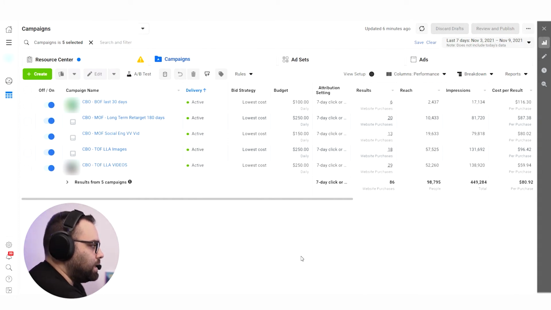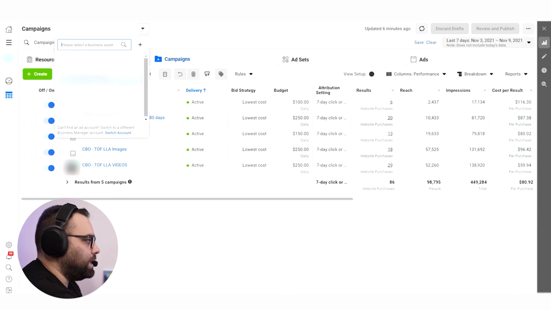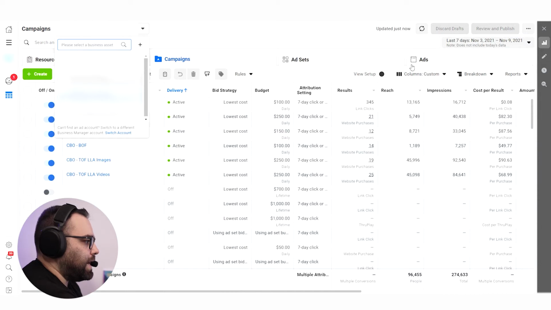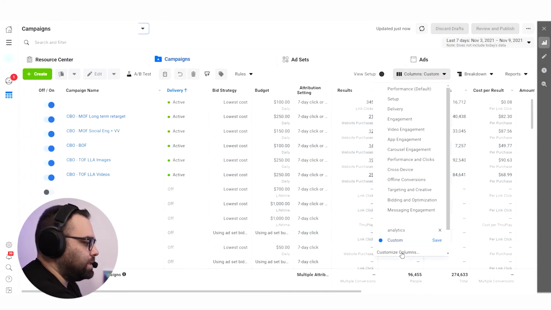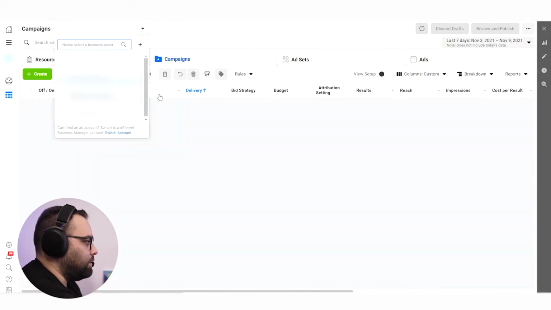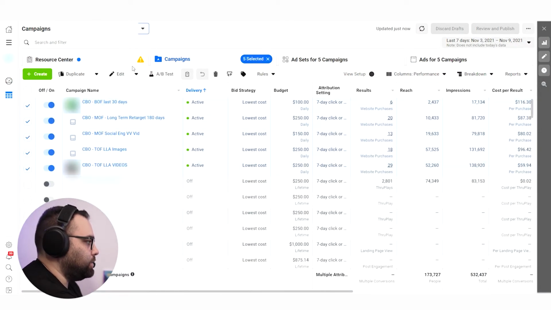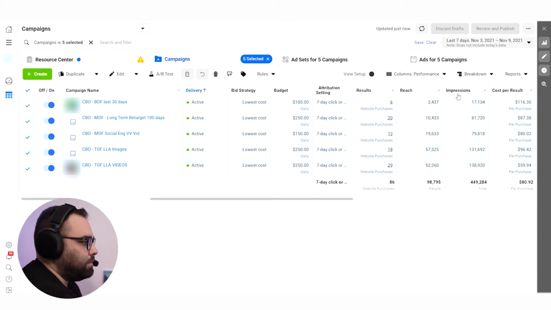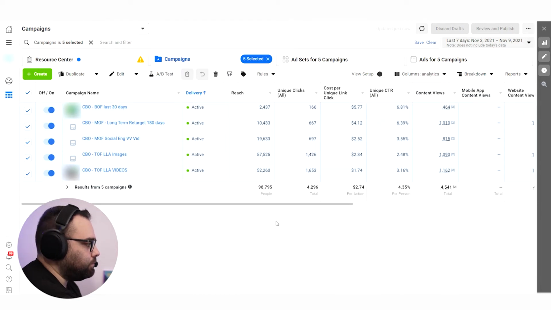This is mine. A very small trick here: if you're working in the same business and you have several different ad accounts in the same business, you don't have to do this for all of the ad accounts. If you click here and you go to another account like this, now it's going to say custom, and you can go immediately. It has the same settings. You can click customize columns, save as preset, and save it with the name that you want. This is a very good hack that I really like to use so that I don't have to set up my columns again and again all the time.